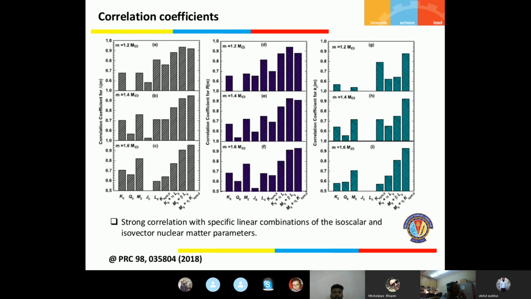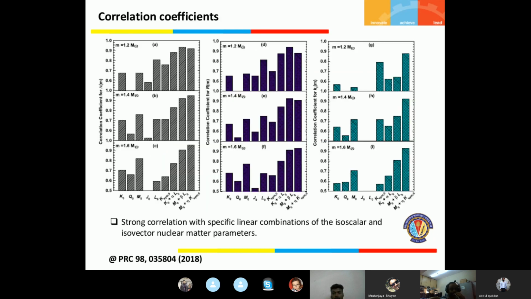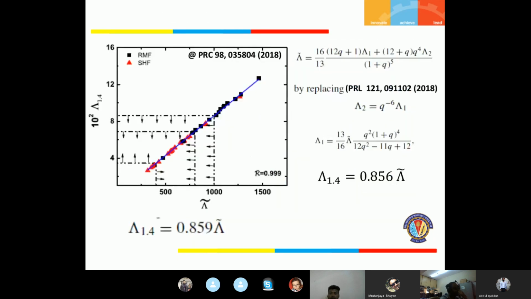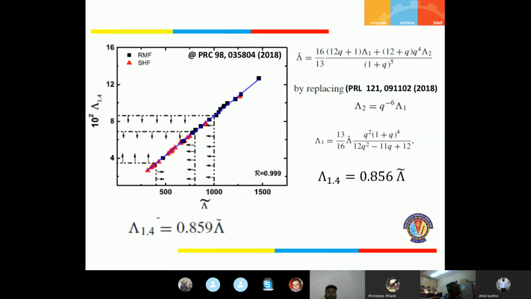So linear combinations of these give very high correlations. And from there, what we can do now, from this linear combination we will get one linear regression relation, and there, if we have the constraint on lambda, then we are able to constrain the M0 individual parameters also from their relation. But for that we have to first deduce the